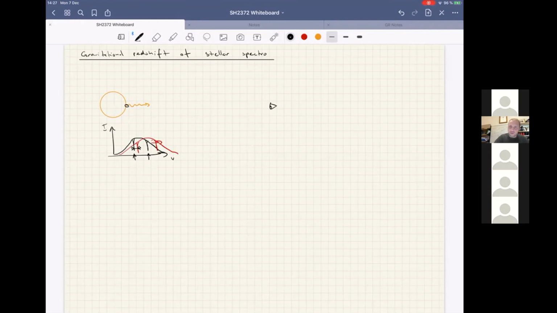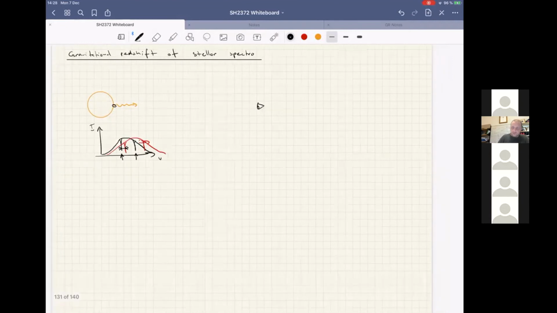Any questions on gravitational redshift in general? Okay, so